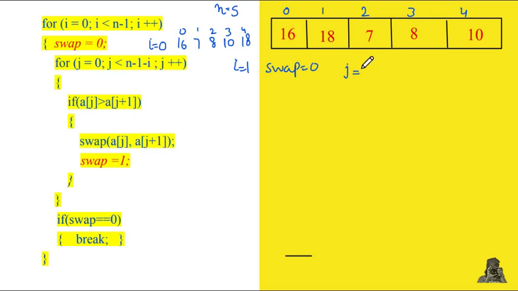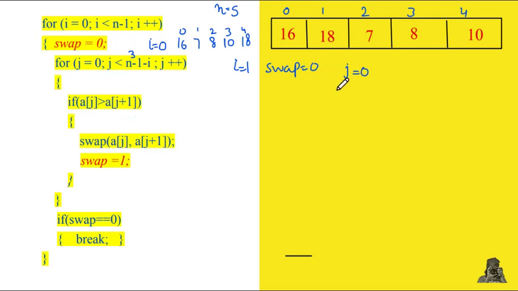So for j is equal to 0. Now again here the value of i is 1. So now we need to check n, which is 5. 5 minus 1 is 4, 4 minus 1 is 3. Because the last element's position has been fixed in this array, we need to run this loop for one less value, because this code is optimized, so obviously we are going to save the time and resources of the computer system.